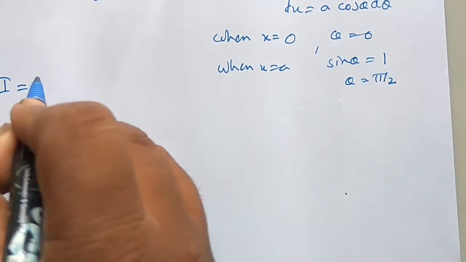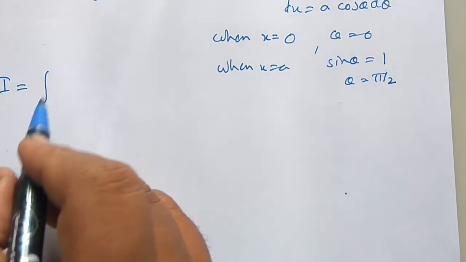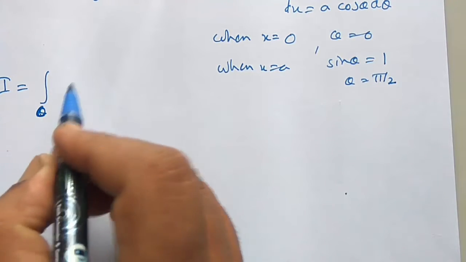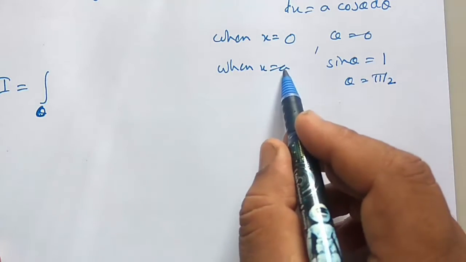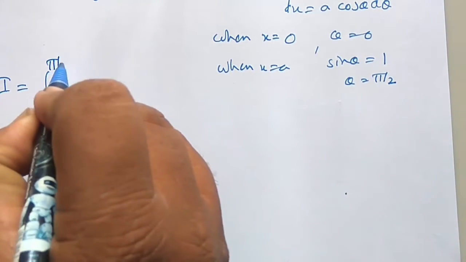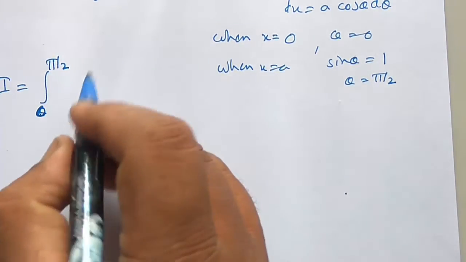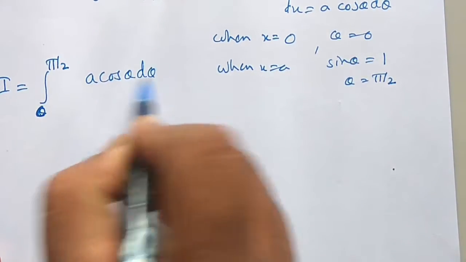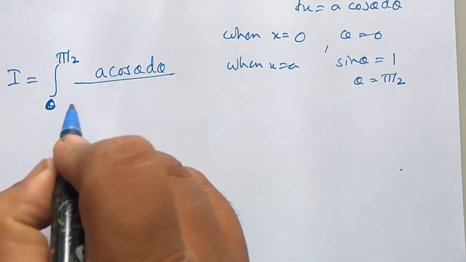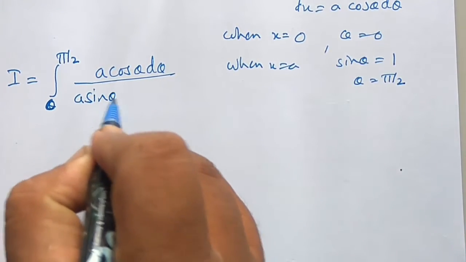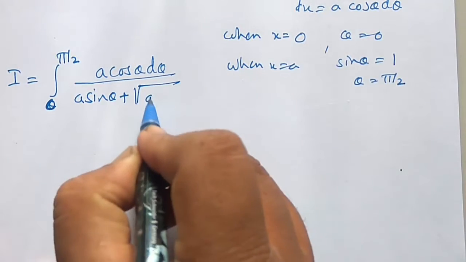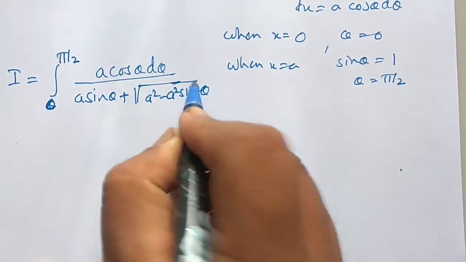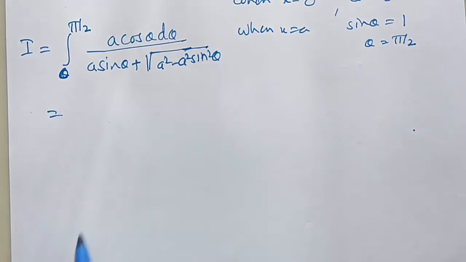Therefore, now I becomes, when x is 0, theta is 0, and when x is equal to a, it is pi by 2, and dx is replaced by a cos theta d theta upon x is a sin theta plus under root of a square minus a square sin square theta